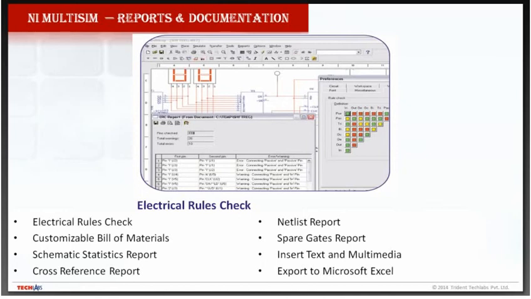From the generation of the circuit, it could create one report for the netlist. That means the SPICE netlist corresponding to the schematic design. Suppose one resistance is connected between two pins, it will create a report in the SPICE format, that this resistance is connected between these two pins and what is the value of that. In the SPICE format it will create a report. And we could also export it into Excel format.